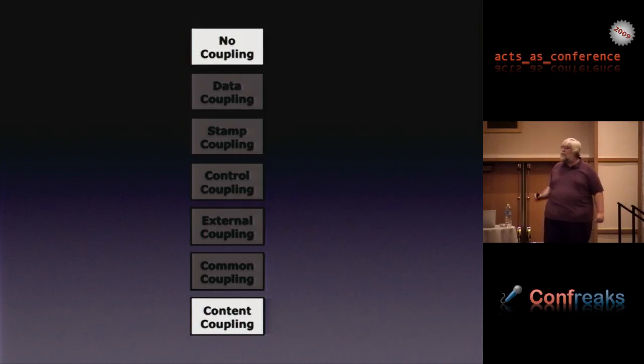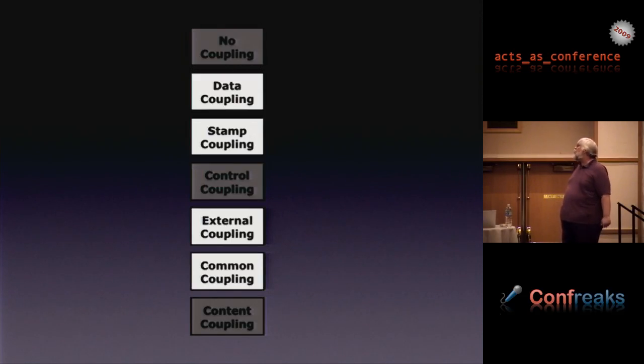Down at the bottom, the most tightly coupled type of coupling is called content coupling. Essentially, that's when you reach into the innards of a module and rip it apart and do something internally. Violating private would be content coupling. Monkey patching, depending on the type of monkey patching, is probably content coupling. So that's probably the worst kind of coupling you can have. So, that's the extremes there. What's the stuff in the middle?